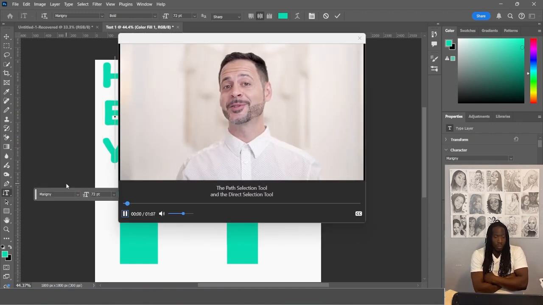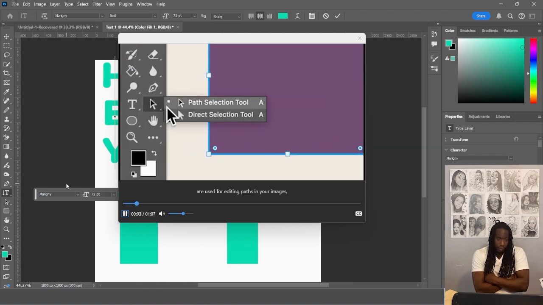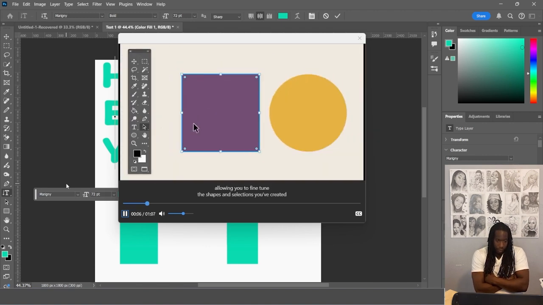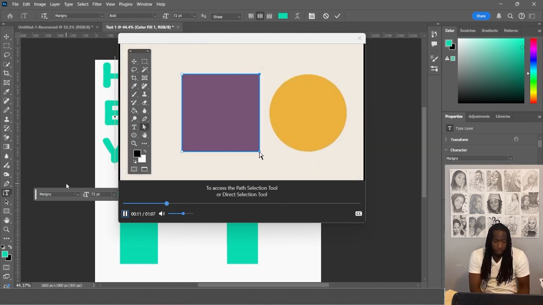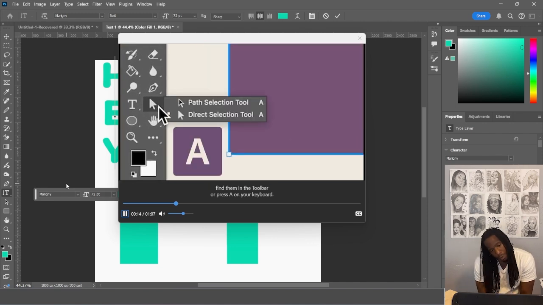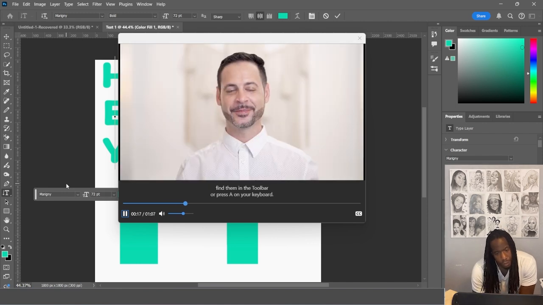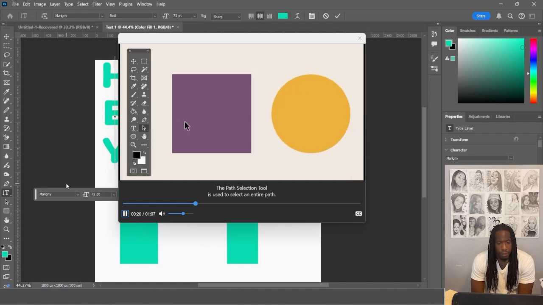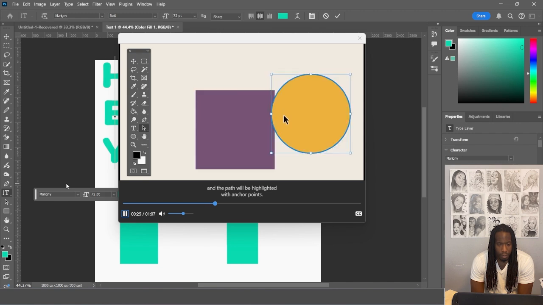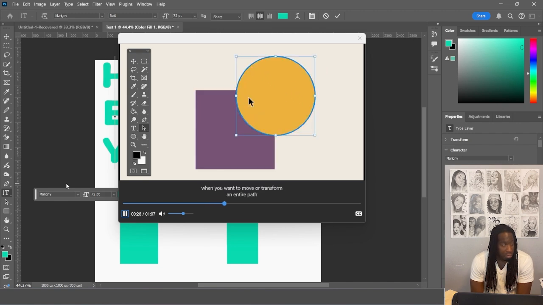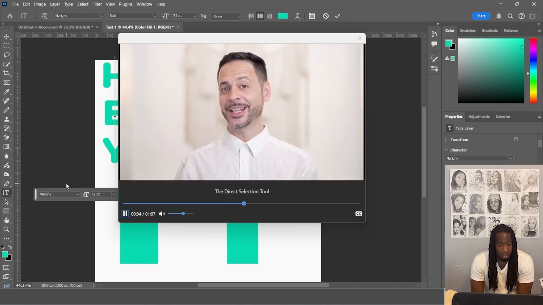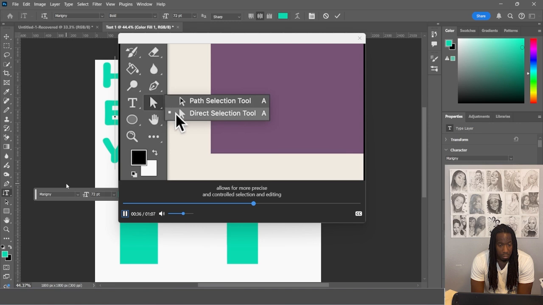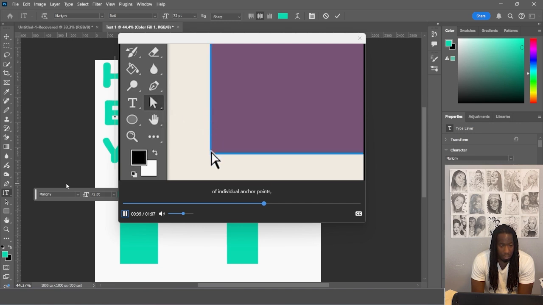The path selection tool. The path selection tool and the direct selection tool are used for editing paths in your images, allowing you to fine-tune the shapes and selections you've created with the pen tool or other vector-based tools. To access the path selection tool or direct selection tool, find them in the toolbar or press A on your keyboard. The path selection tool is used to select an entire path. Simply click on the path you want to select, and the path will be highlighted with anchor points. The path selection tool is really handy when you want to move or transform an entire path without affecting individual anchor points. The direct selection tool allows for more precise and controlled selection and editing of individual anchor points, direction